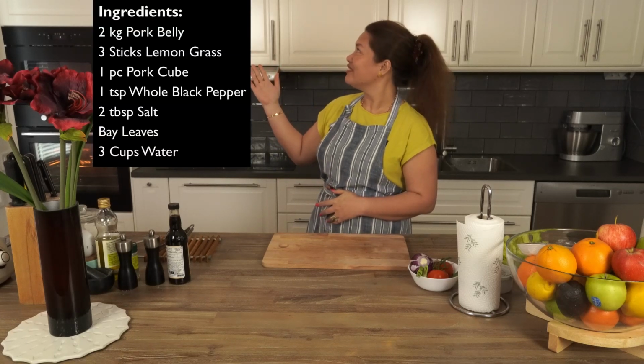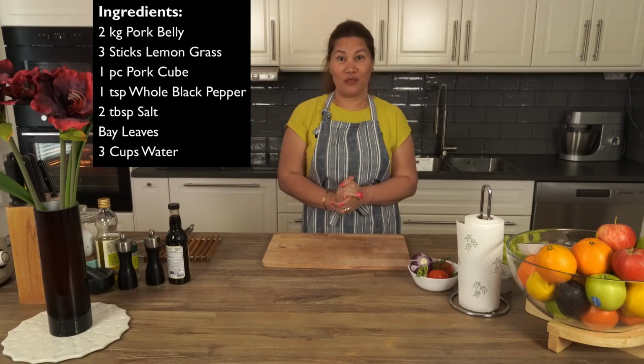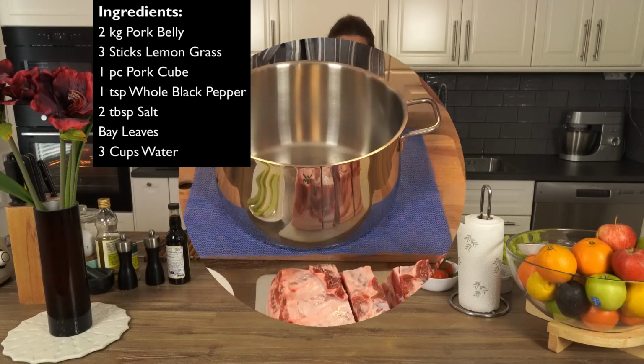Today I'm going to share the recipe of Liempo belly cooked in the oven. And our ingredients are... And the procedure of this recipe is...